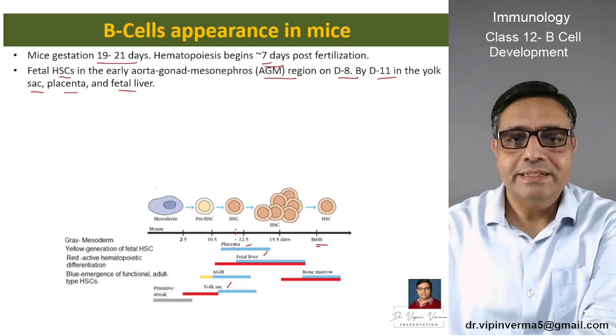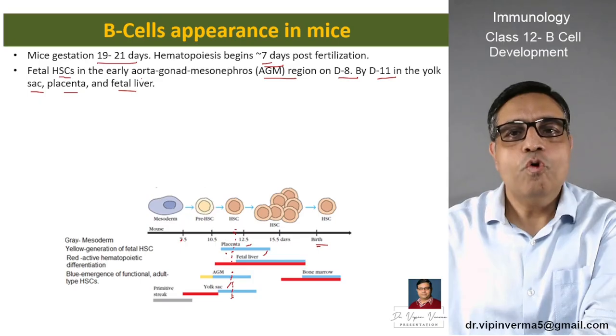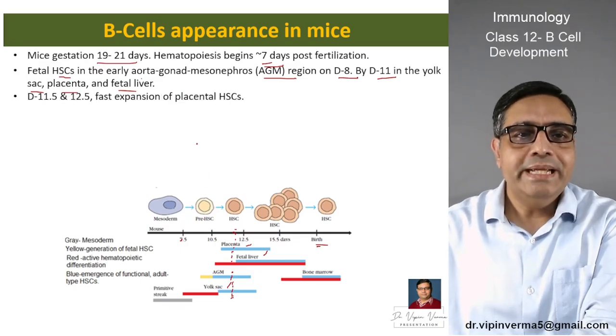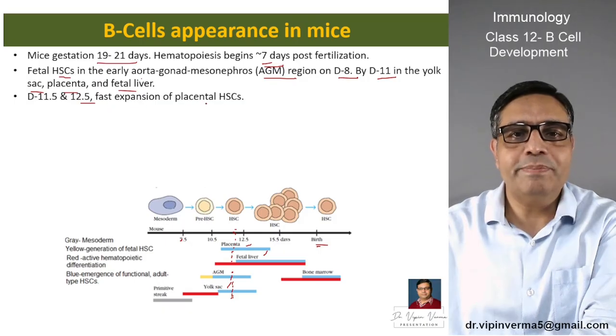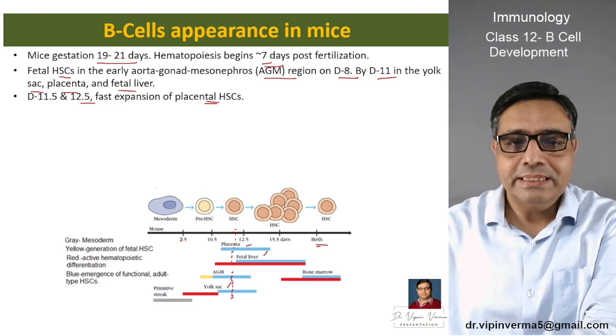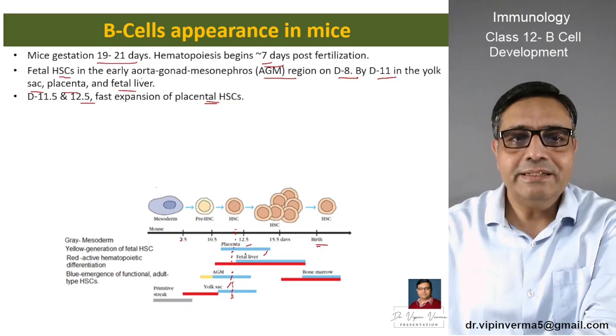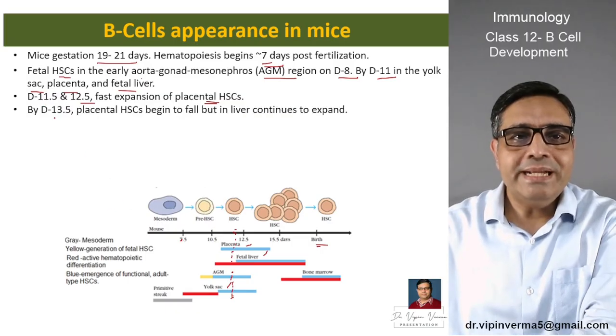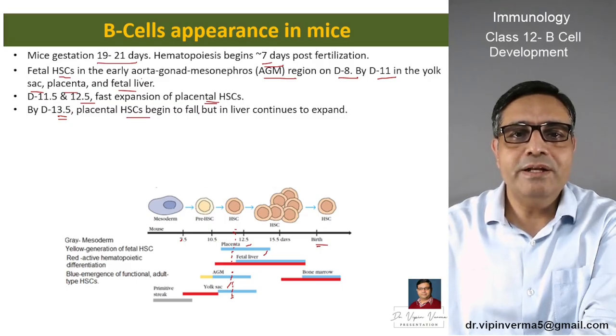If I mark it here, then they are overlapping. These three are overlapping here. Now, on days 11.5 and 12.5, there is a fast expansion of placental hematopoietic stem cells. So you can see here, this is the fast expansion of hematopoietic stem cells in the placenta. By day 13.5, placental hematopoietic stem cells begin to fall, but in the liver they continue to